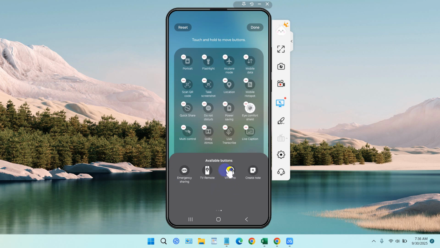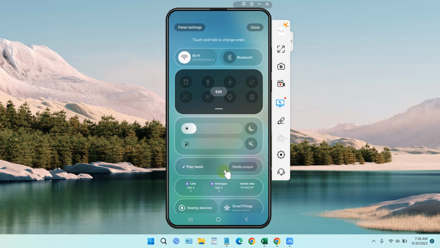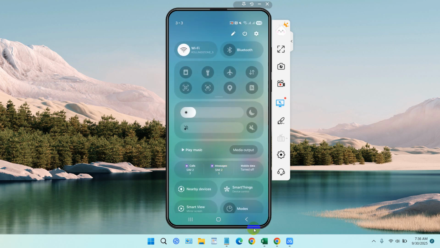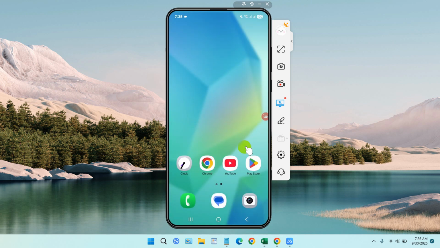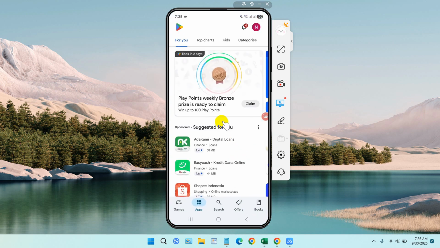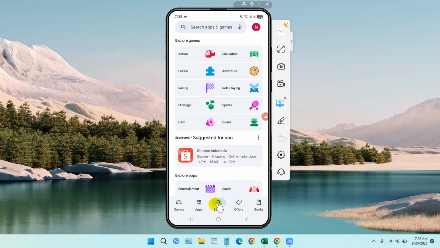Now the question is how we can screen record. We can use a third-party application. Just go to the Play Store. After that, we can try to find a screen recorder like AZ